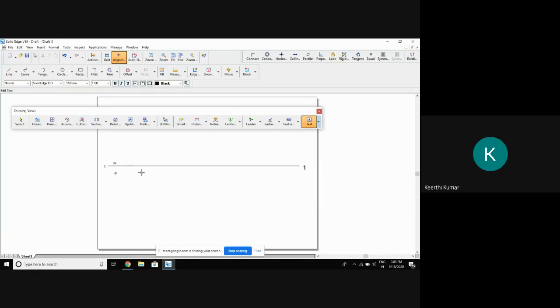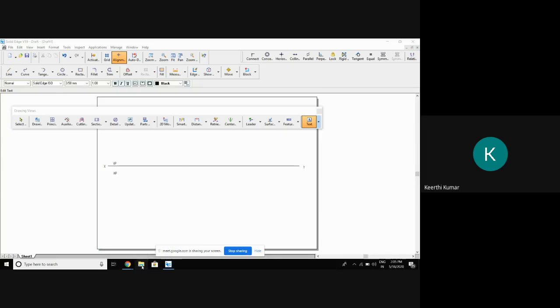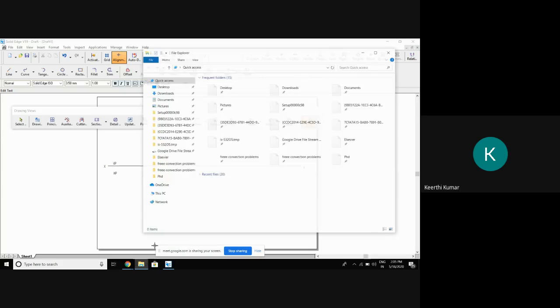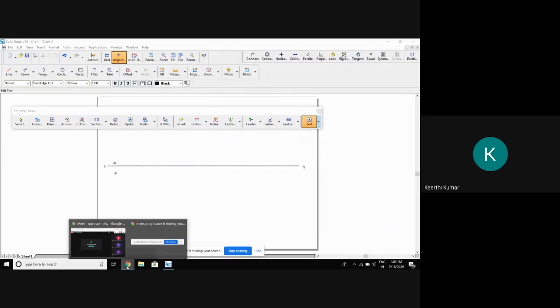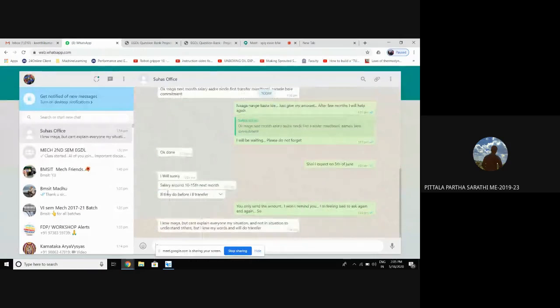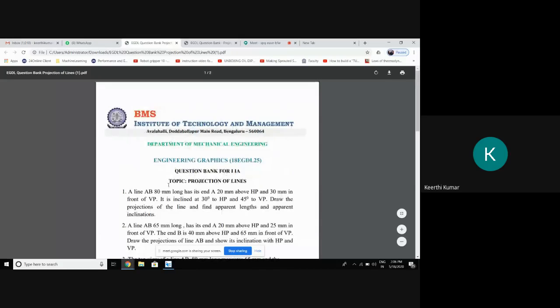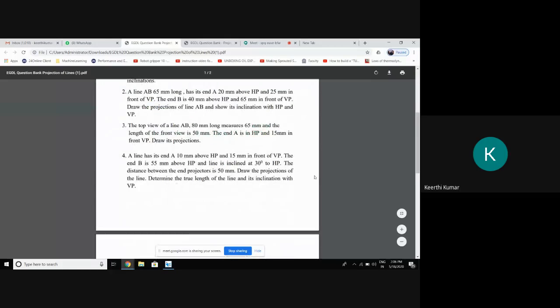Then you read the problem. So for any line, there will be 2 points, two ends. That is A, B, or P, Q, or whatever. So I'll take up one problem and I'll explain with that only. If you have gone through, I'll take the particular problem. Or else, shall I pick any one? So can I do the 4th problem, sir? Sir, 9th. Okay, 4th and 9th. Okay, I'll do those 2. Then later on, you try to do the remaining.